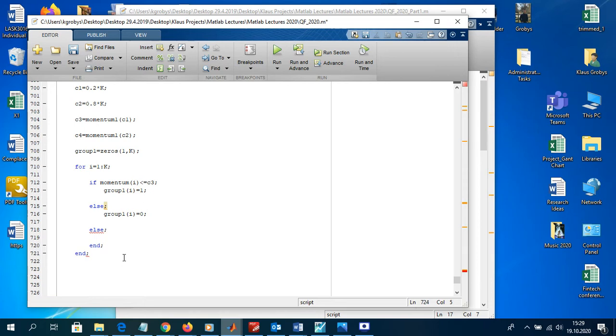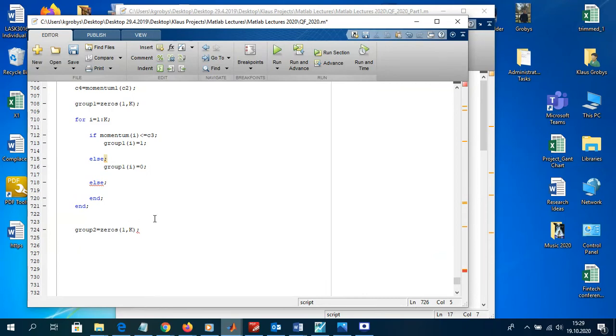So next, our second group is also a vector of zeros, same dimension, 1 by k. And we want to have now the stocks that are in the middle. We want those stocks that are not in the long or short leg. So these are all the stocks that are in the middle. So again, we use a for loop for I going from 1 until k. If the corresponding value of momentum at position I for stock I